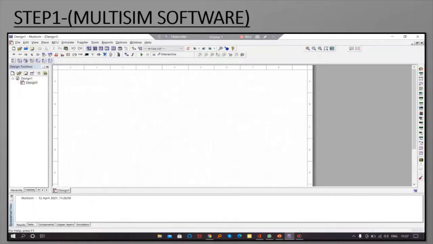While we are opening it, these are some basics. This white blank area is called the workspace, where we are going to build our circuits. And this down area is called the status bar, where we can see the current status of our circuit or our design. This green play button can be used to run our program, or you can also press F5 to run it.